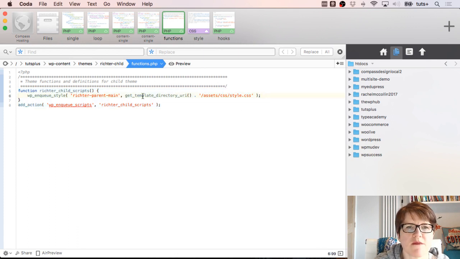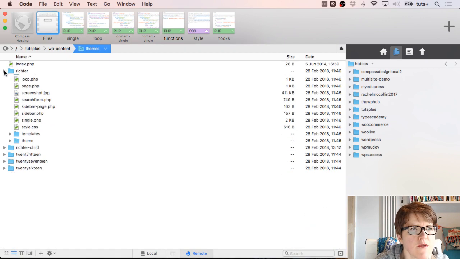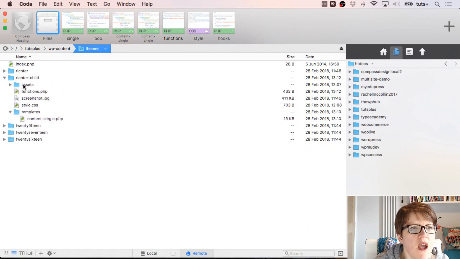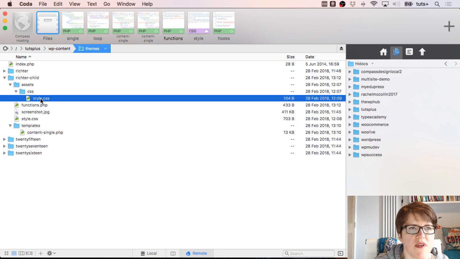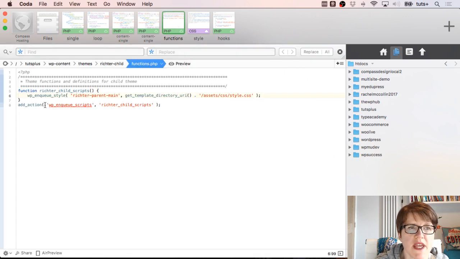So let me just go back a bit because I know this is slightly more complicated the way this theme is structured. If I show you the files in my child theme, I've created a CSS folder in assets, and within that I've created a style sheet. So let's go back to functions. Now I could duplicate this function and add a new one calling something from the child theme, but what I'm going to do instead is simply add wp_enqueue_style